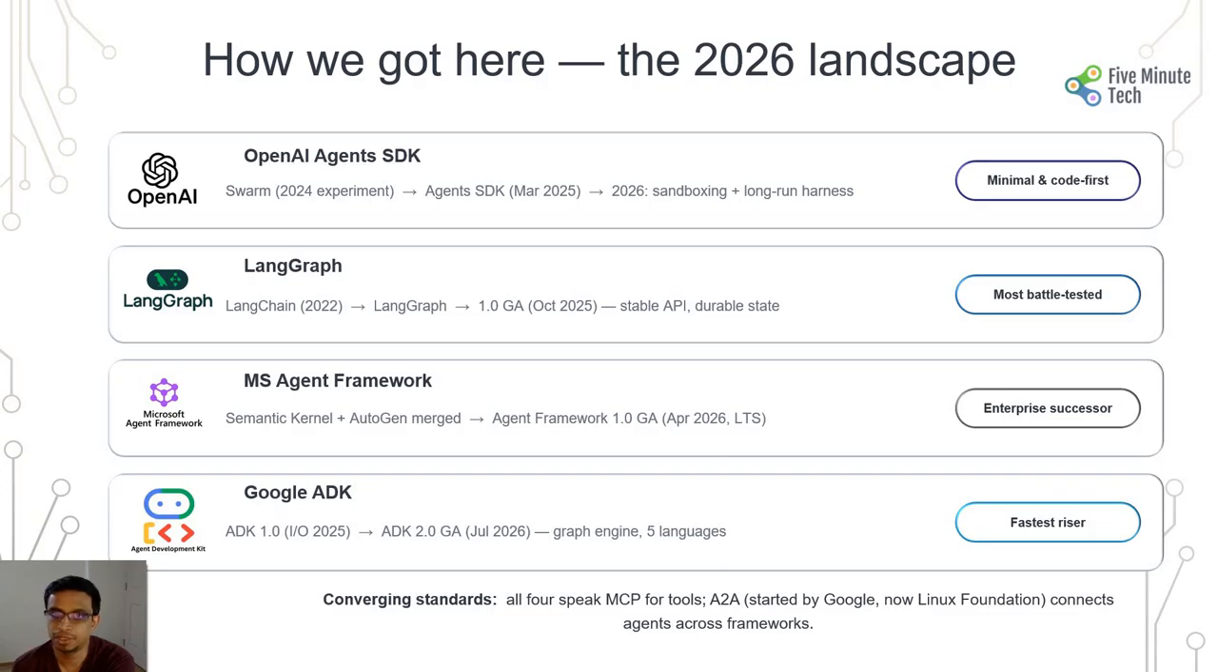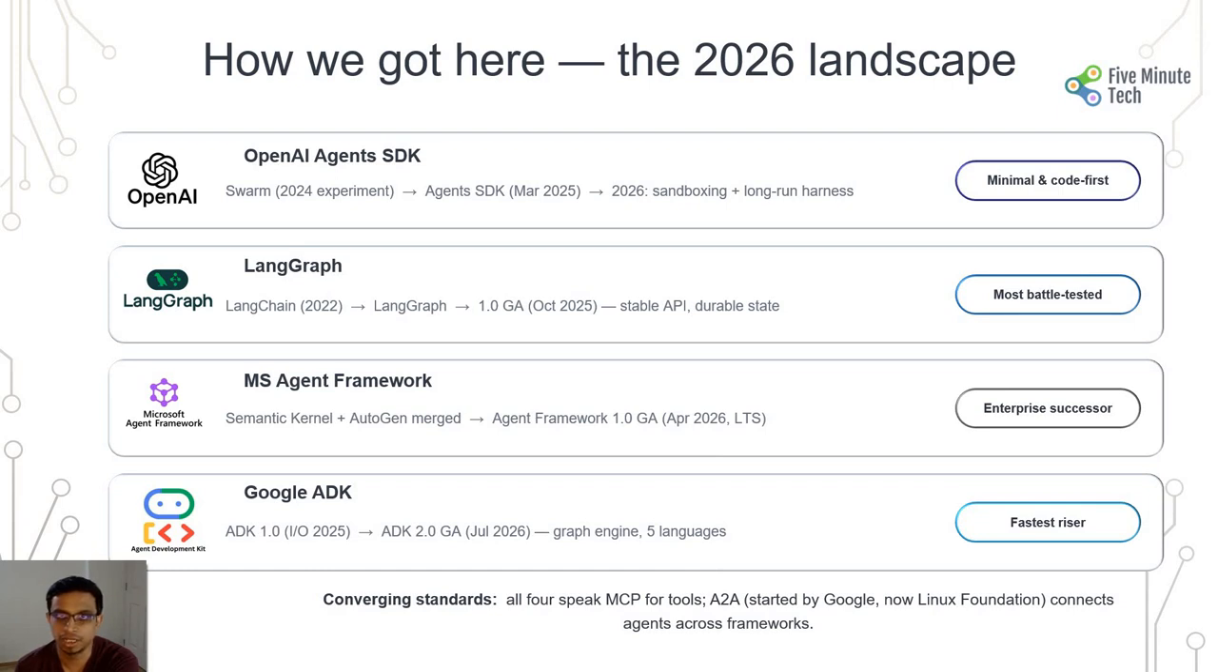And the last but not the least is Google ADK, whose 1.0 was released at Google I/O in 2025, followed by ADK 2.0 in July 2026 with the graph engine and 5 languages. OpenAI is minimal and code first, whereas LangGraph is the most battle tested, with an open community and a lot of work going on behind it. Then there is the enterprise successor, the Microsoft Agent Framework, followed by the fastest riser, Google ADK. Covering the standards, all four speak MCP for tools, and A2A, started by Google,